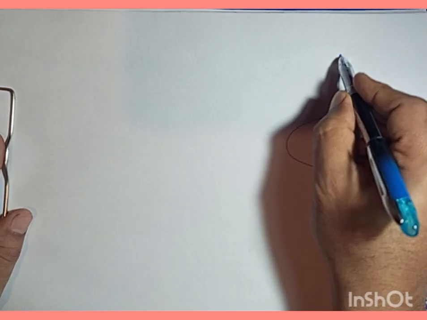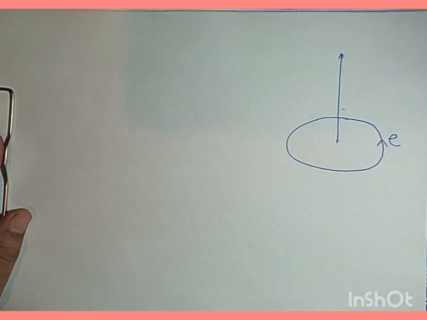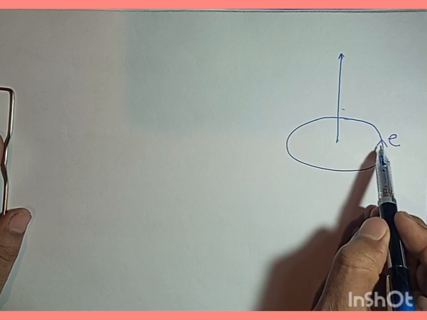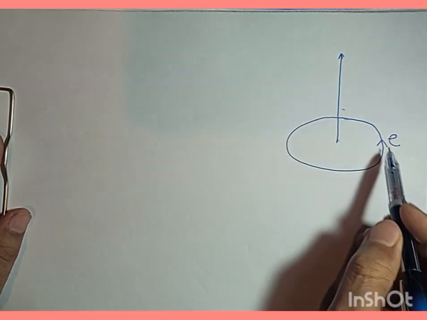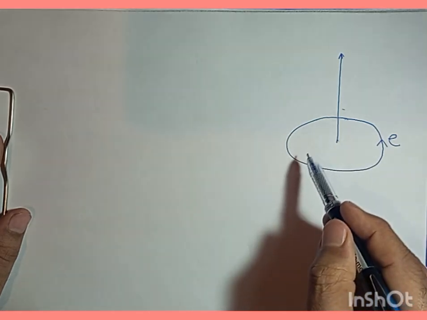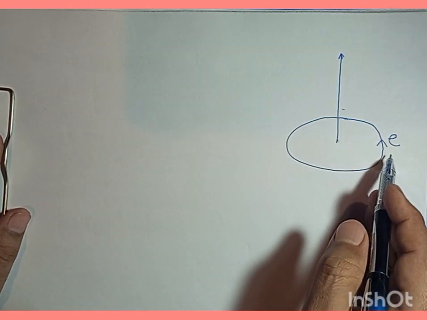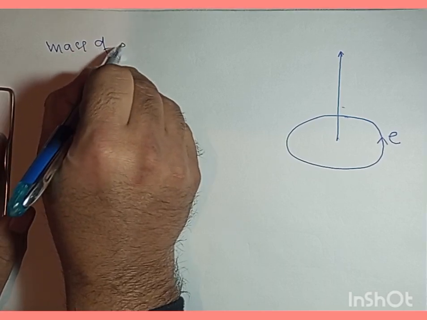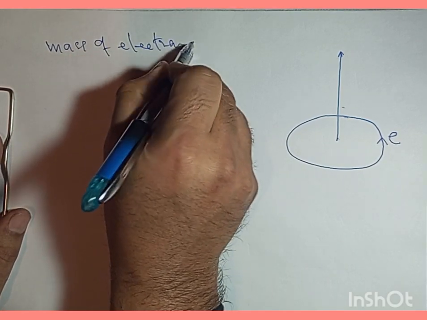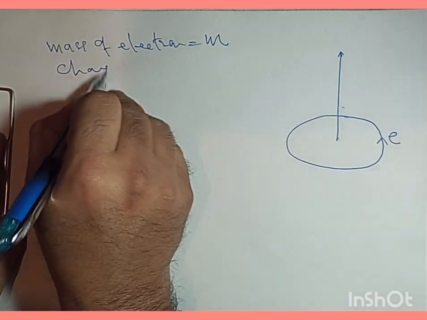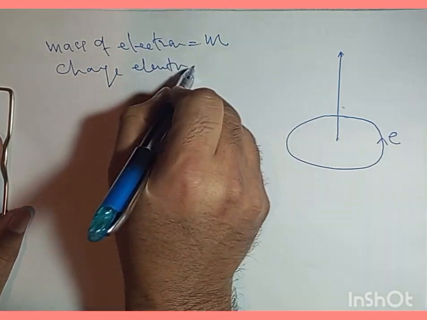So here I have an electron revolving in a loop, and this revolving electron in a loop is equivalent to a current loop. And if I assume that the mass of the electron is small m, and the charge of this electron is e,